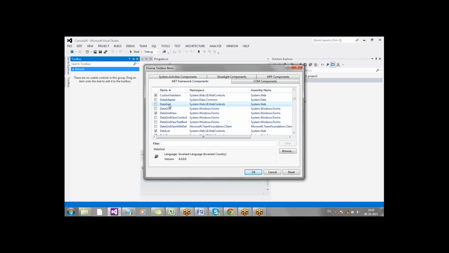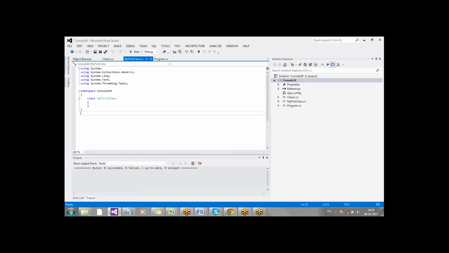And if you see, there is something called DataGrid, and you have some other thing called DataGrid. Both of them are grid controls, and both of them have the same class name. But if you see, they are referring to different namespaces, right? So that is how your namespaces can help you in uniquely identifying a type or a class.